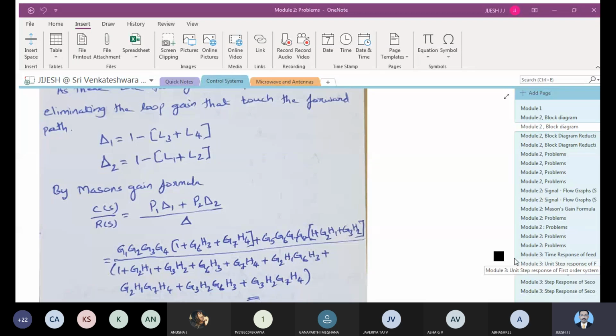We have also seen the positive feedback mechanism. In the positive feedback mechanism, the symbol here has to be positive, and when you write the transfer function, it will be G(s) divided by 1 minus G(s)H(s). So this is what you have here: G(s) / (1 - G(s)H(s)).